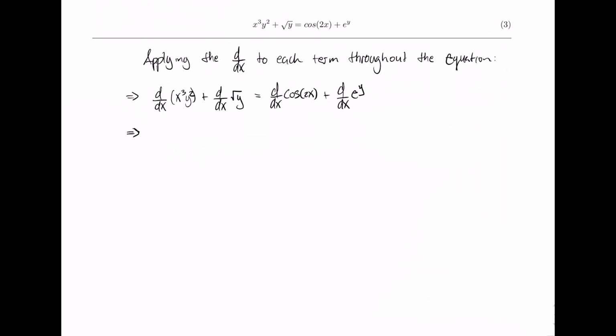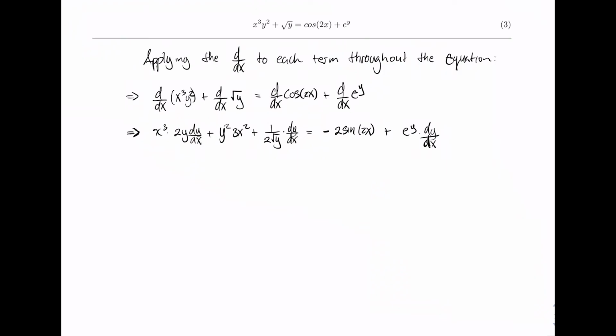We then perform the product rule on the first term, which gives us the first, which is x cubed, times 2y dy/dx, which is the derivative of the second, plus y squared, which is the second, times 3x squared, which is the derivative of the first, plus 1 over 2 square root of y times dy/dx, which is the derivative of the square root of y, equals negative 2 sine 2x, the derivative of cos 2x, plus e to the y times dy/dx, which is the derivative of e to the y,